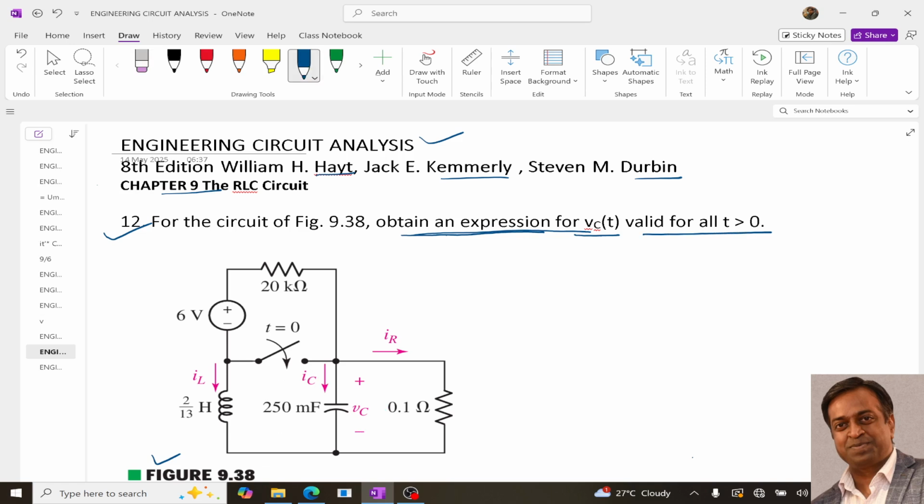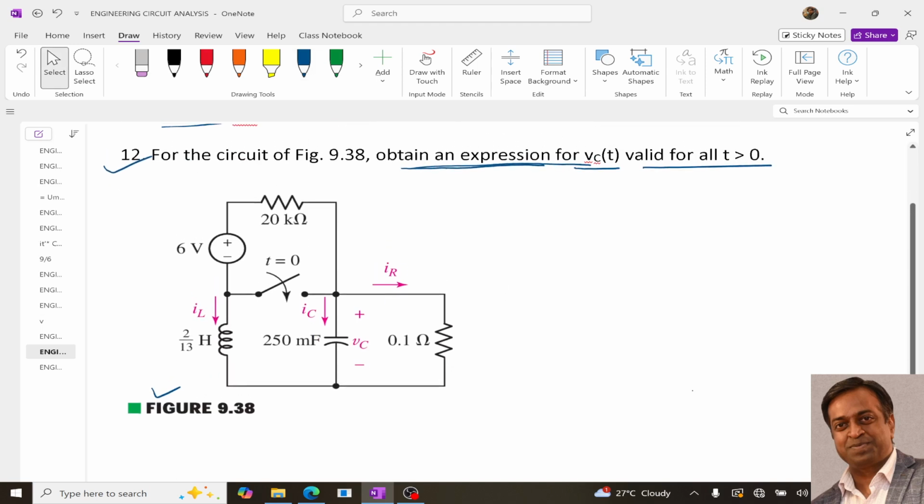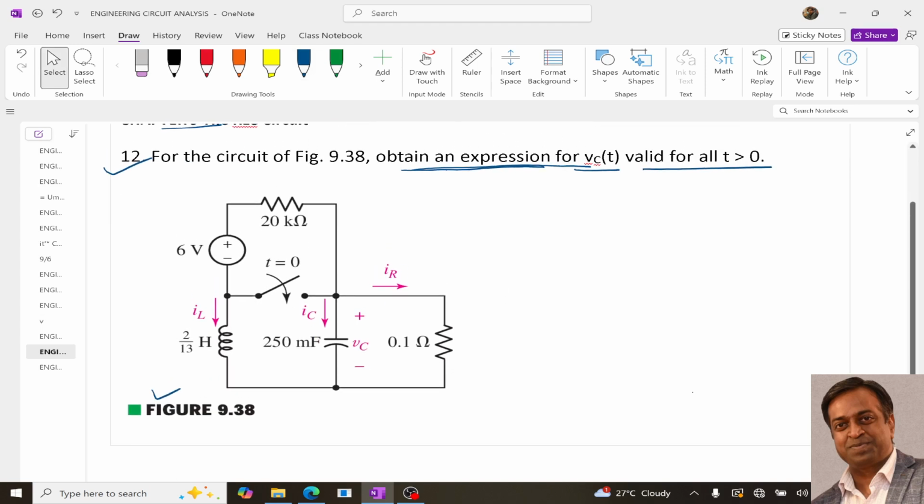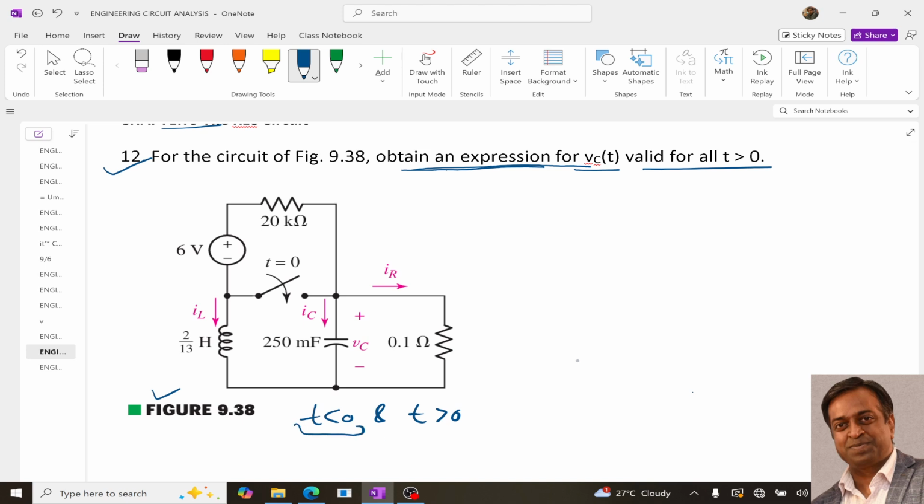than 0. To solve this, first of all we need to check the condition of the circuit at t less than 0 and t greater than 0. At t less than 0, we assume that the circuit is in this state for a long time. For a long time means that the inductor will be replaced with a short circuit and the capacitor will be replaced with an open circuit. So for